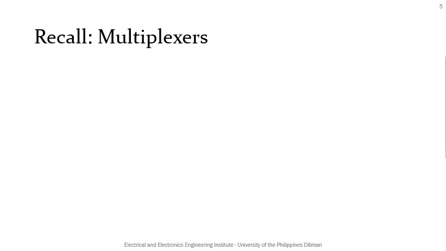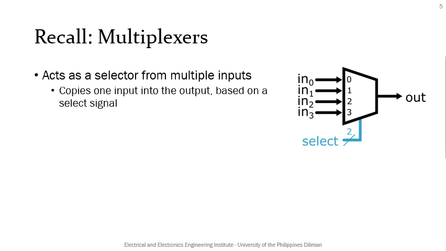However, before diving in deeper, it would help if we have a quick review of digital design. Let's skip the basic AND, OR, NOR, XOR gates and start right ahead with the multiplexer, which is used extensively in data paths. A multiplexer, or MUX, whose symbol is shown, acts as a selector from multiple inputs. In essence, the MUX copies one of the inputs into the output based on a select signal, and thus, a multiplexer should have multiple inputs but only one output.